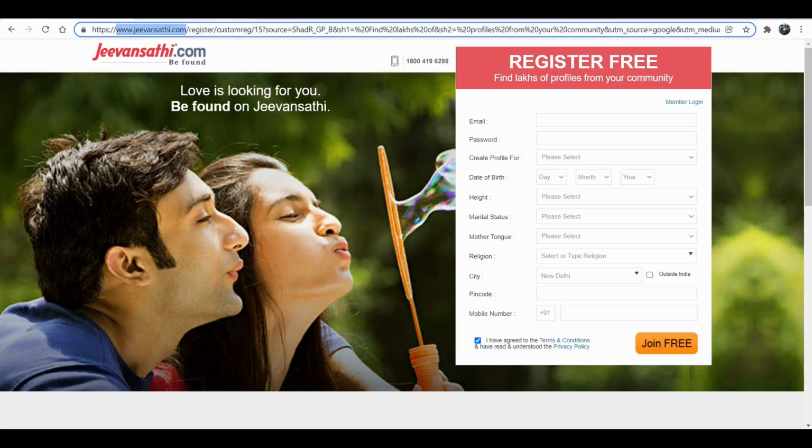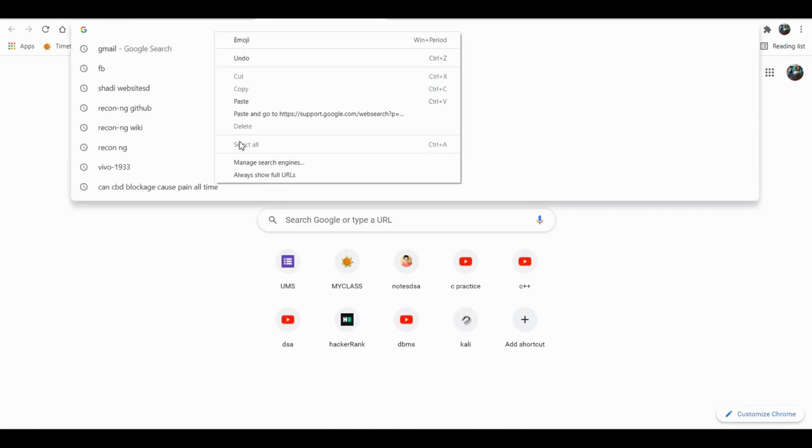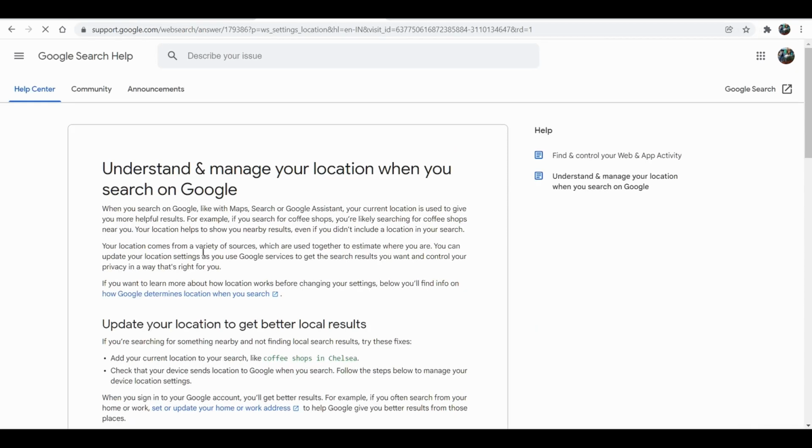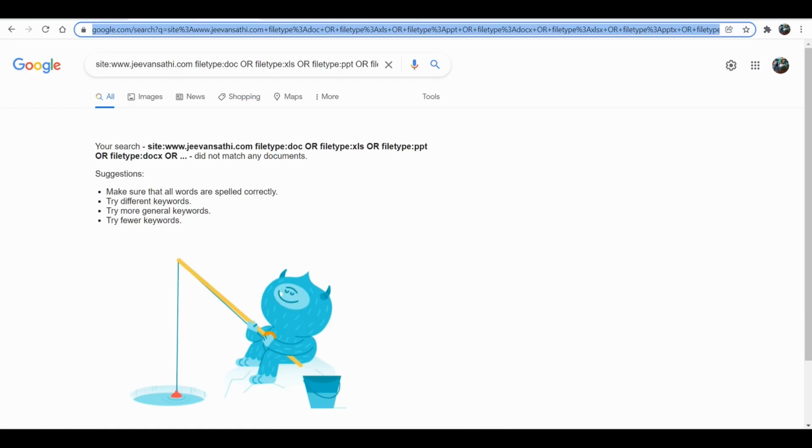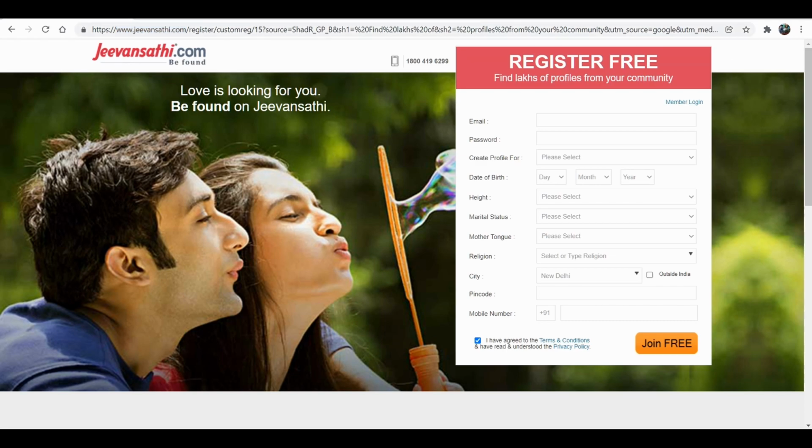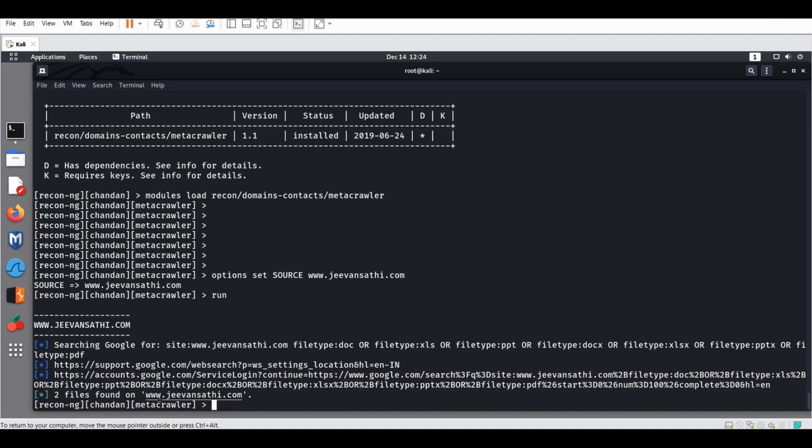Now if I search here, you can see how the things are opening. Two files found on jivansathi.com, here it is saying. Okay, right link.